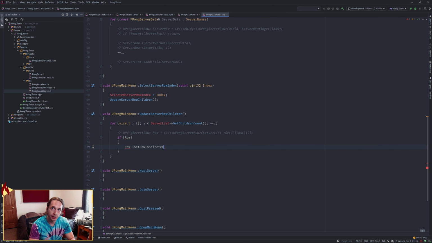We want to do a menu switcher, set the active widget back to the main menu, and then menu interface. We want to join the selected server row index get value and server row get server data, and comment that out. Else,